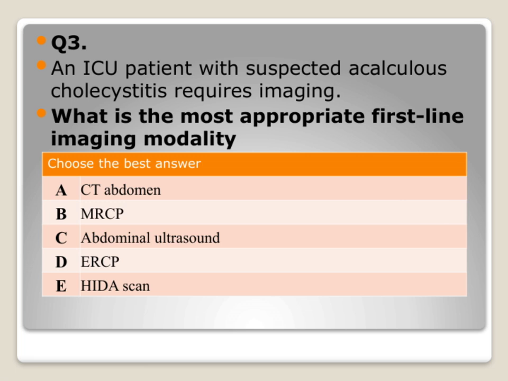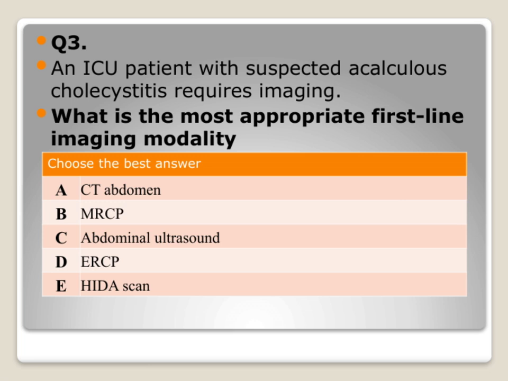Now, when we're considering imaging options, it's crucial to choose the most appropriate first-line modality. From the options listed, CT abdomen, MRCP, abdominal ultrasound, ERCP, and HIDA scan, we need to think about which provides the most reliable initial assessment in this context. The key here is that in critically ill patients, especially in the ICU, we want a safe, readily available, and